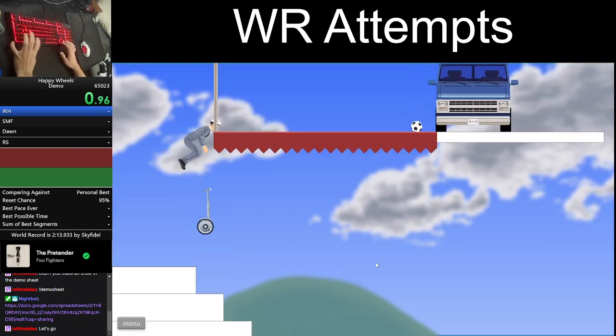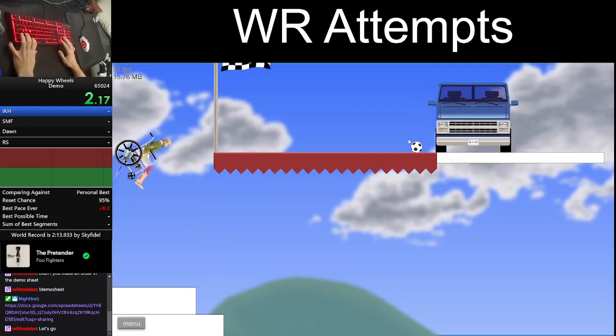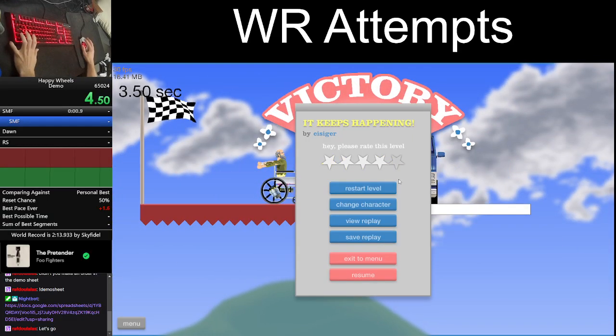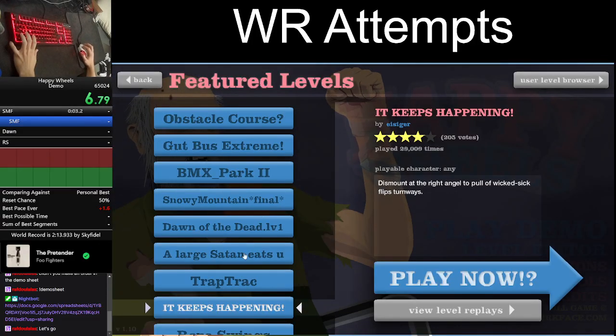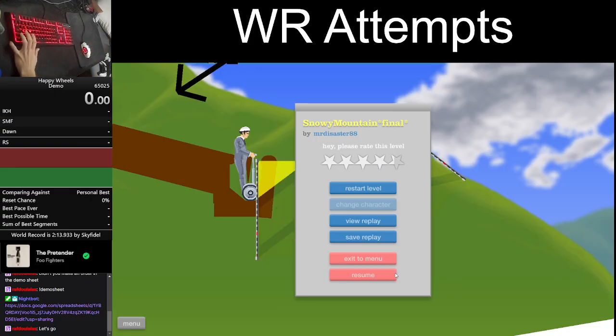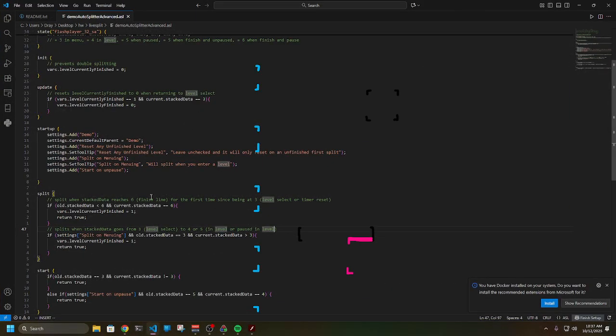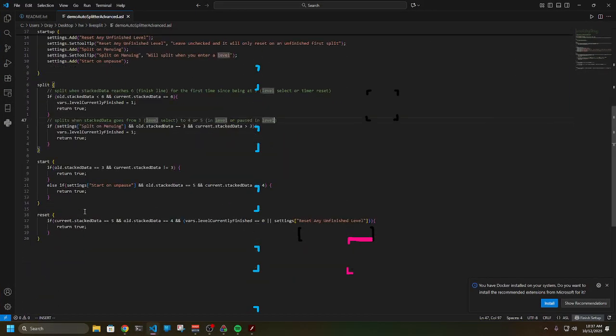Okay, let's just figure out the autosplitter first. Okay, exit to menu. We play, for example, SMF. When I pause, it resets. So let's fix that. Not this camera. There we go. Okay, reset. If current is 5 and old is 4,